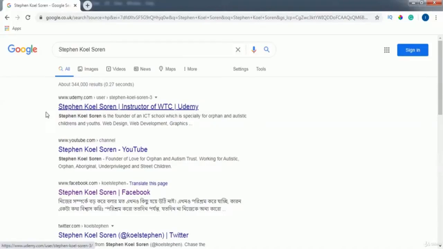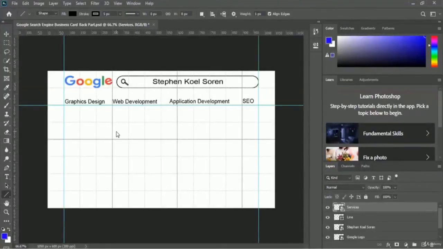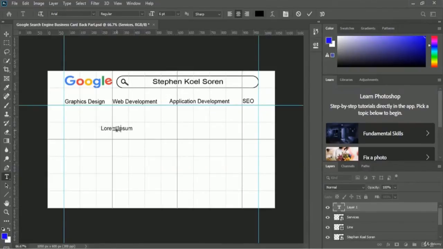So let's create the same things in our business card. So let me use the type tool. So here is the type tool, and we will use the same font, and let me write a name here. As an example, I am writing my name. Okay, Stephen Coyle Soren, and